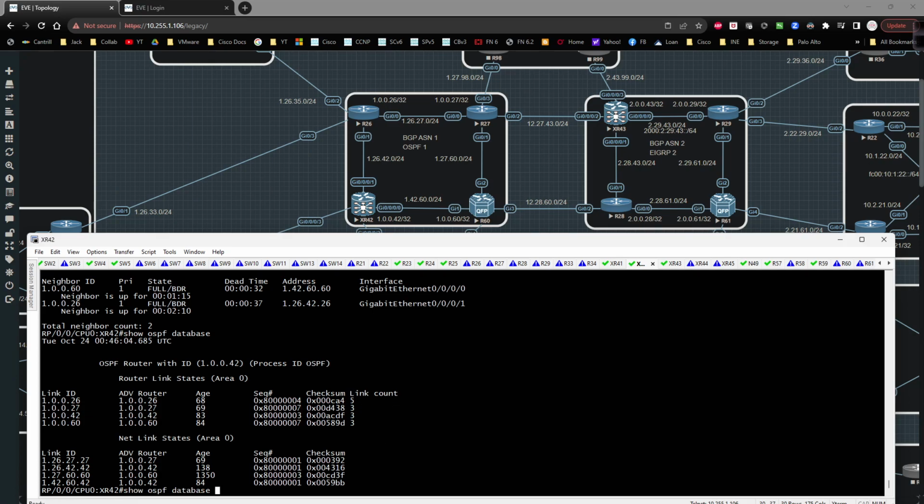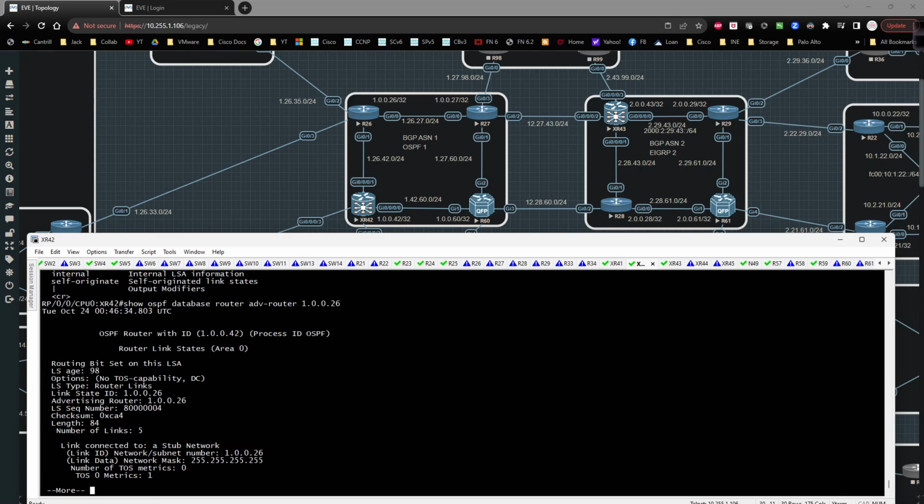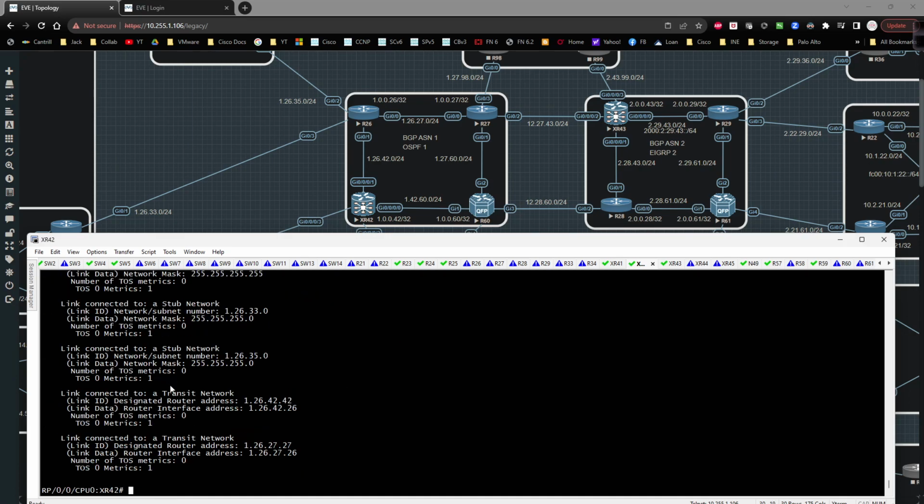And if I do a show OSPF database for the router LSA and the advertising router of 126, and you can do this exact same command on iOS and XR, and you're going to get the complete output of everything. So we're going to have a couple stub networks. 33 right now is considered a stub because it doesn't detect another router. Once it detects another router, same thing with 35. So 33 and 35, there are no connections to other routers currently because the interfaces, they don't detect OSPF,